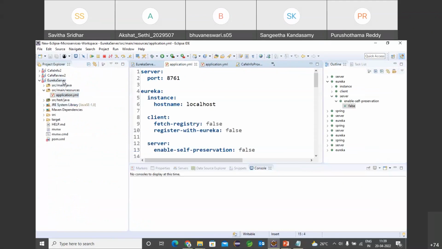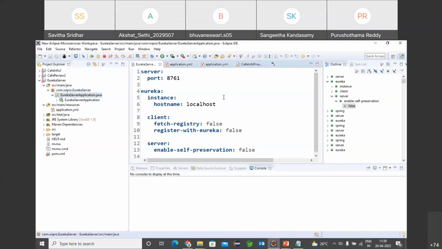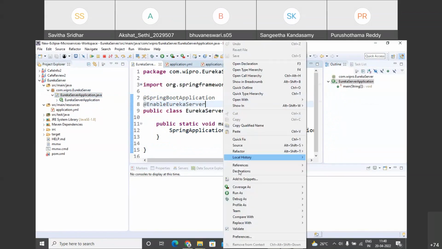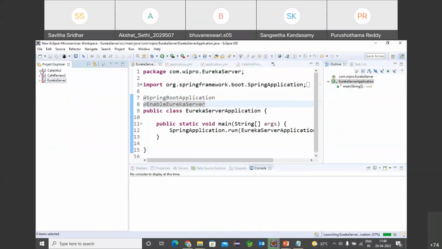And just to save resources, anyway, yesterday we worked with multiple Eureka servers, right? So is it okay that I start with this in a single server mode, please, all of you? So let's start this in a single server mode. Let the Eureka server start. We need not wait for it. Meanwhile, we can discuss our